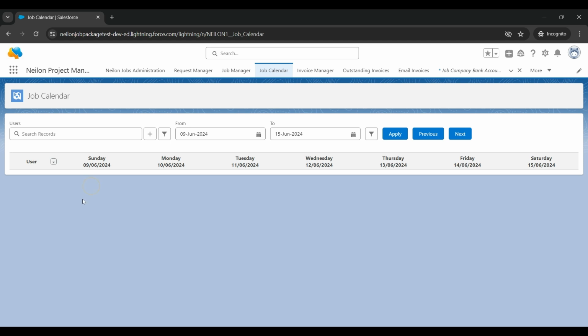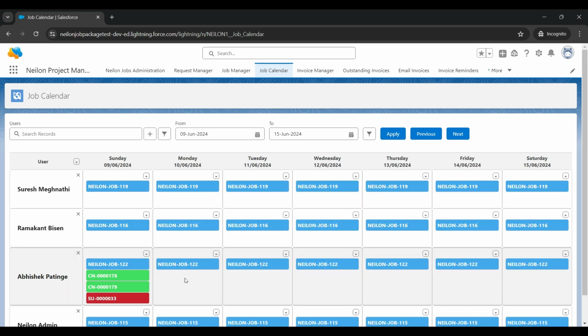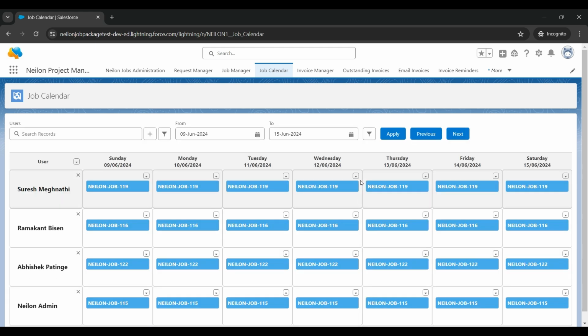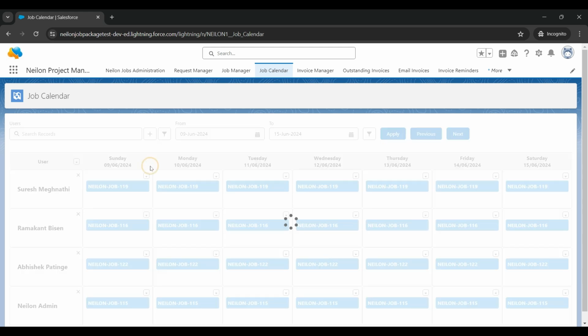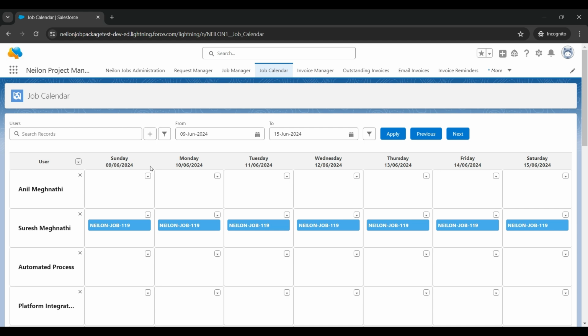You can filter jobs, notes, or staff unavailabilities. Here, if you want to see only jobs, then set Show Jobs checkbox to True. Click on Apply. Only jobs are displayed in the calendar view. You can see all the auditors' calendar which comes under the current logged in user hierarchy. Click on this filter icon here. Set Show All Auditors to True. Click on Apply. Here you can see the calendar view of all the auditors under the hierarchy of current logged in user.